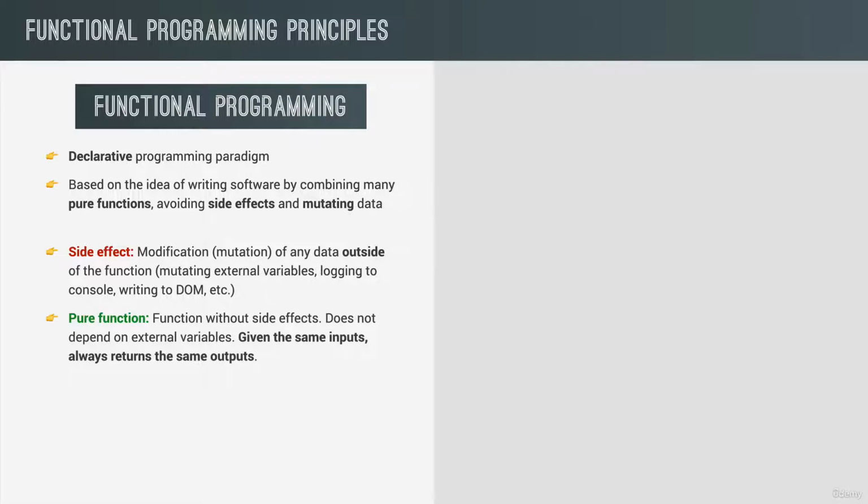So basically, a function that does not mutate any external variables and that also does not depend on any external variables. So if we give the same inputs to a pure function, it will always return the same output. And again, that's because it does not depend on any external variables, and it also does not manipulate them. And finally, if we look again at our definition here, we also see that functional programming is about avoiding mutating